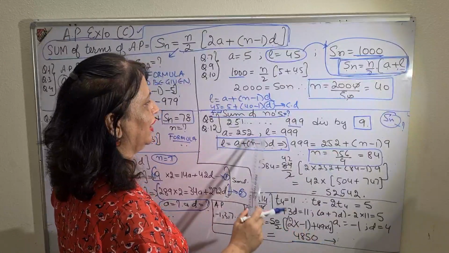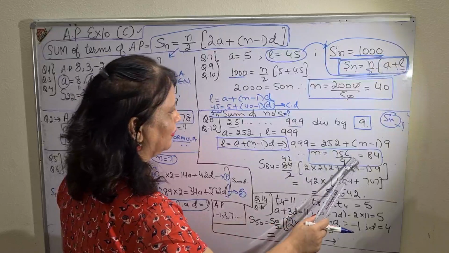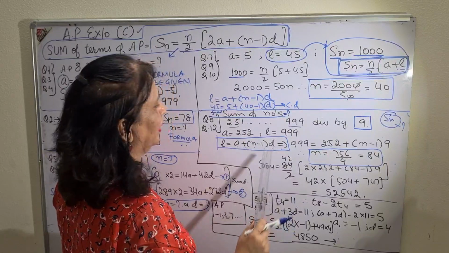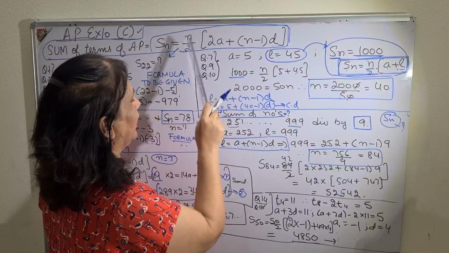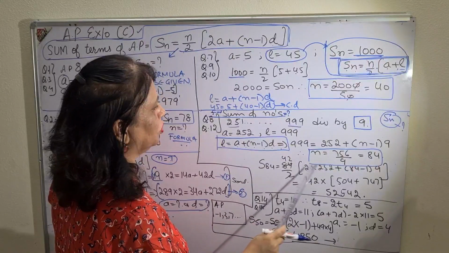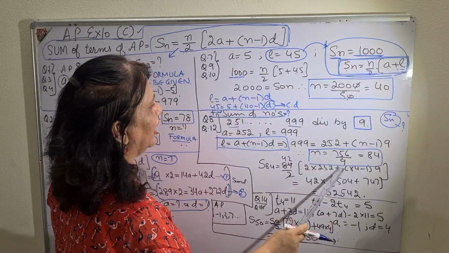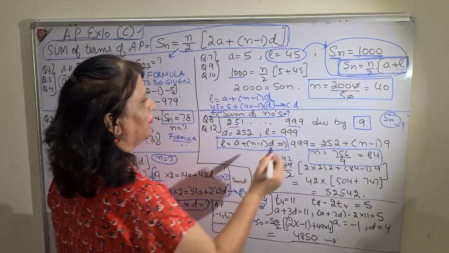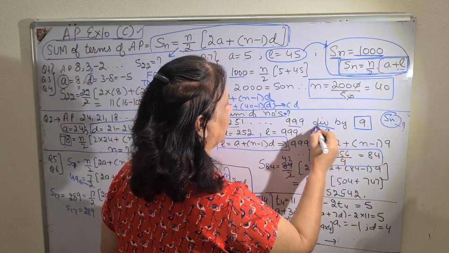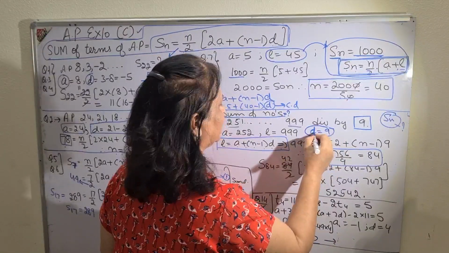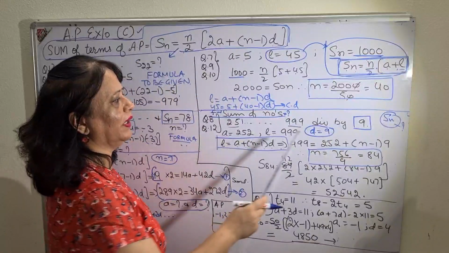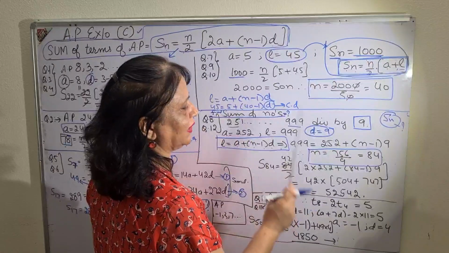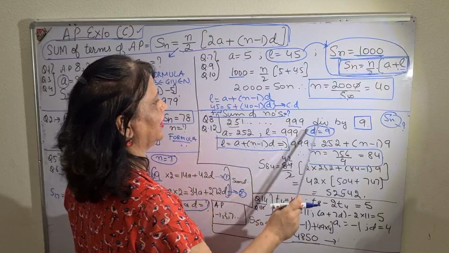Now he has asked us to find the sum of the terms. First I found the number of terms. Now I will get the sum of the terms. S84, the sum of the terms, is n upon 2, 84 upon 2, into 2a, 2 into 252, plus n minus 1 into d, 84 minus 1 into d, and d here will be 9. Divisible by 9 means the common difference is 9. I am writing it at the last so that you remember it nicely, that whatever the terms are divisible by will be your common difference. It was 7 in the last question, number 12, so you will take d to be 7.